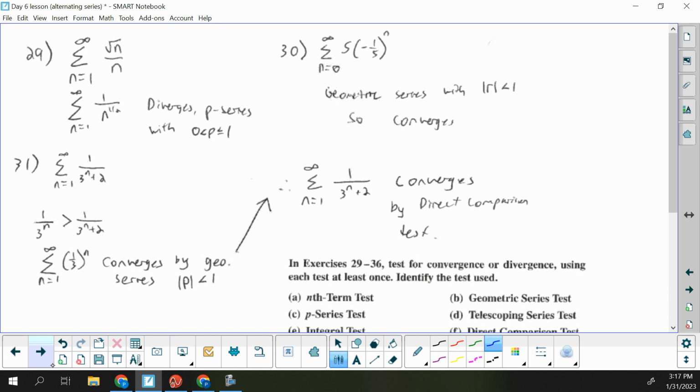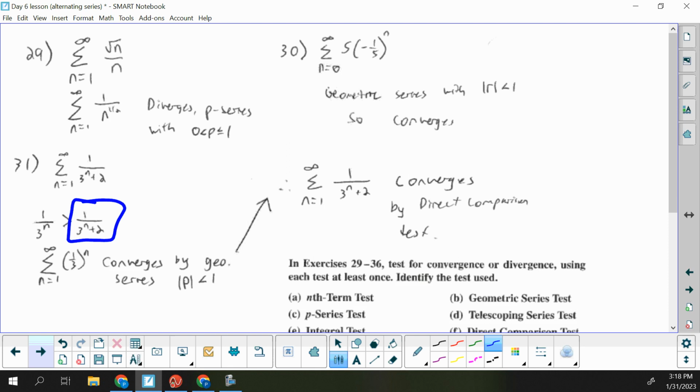For 31, I compared to 1 over 3 to the n. When you add in the denominator, you're dividing by something bigger, so it makes the value smaller. So my 1 over 3 to the n, I rewrote as 1/3 to the n, which makes it a geometric series that converges because the absolute value of r is less than 1. So therefore, everything smaller than it will also converge. Well, we just talked about how that is always going to be smaller, so therefore by direct comparison test,